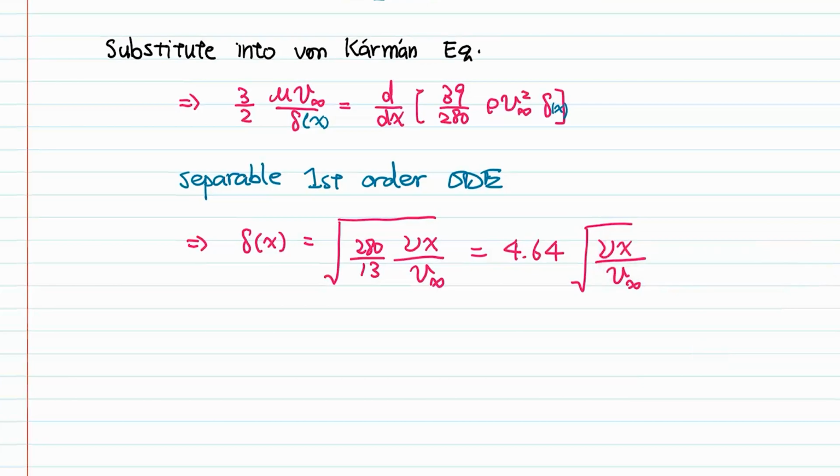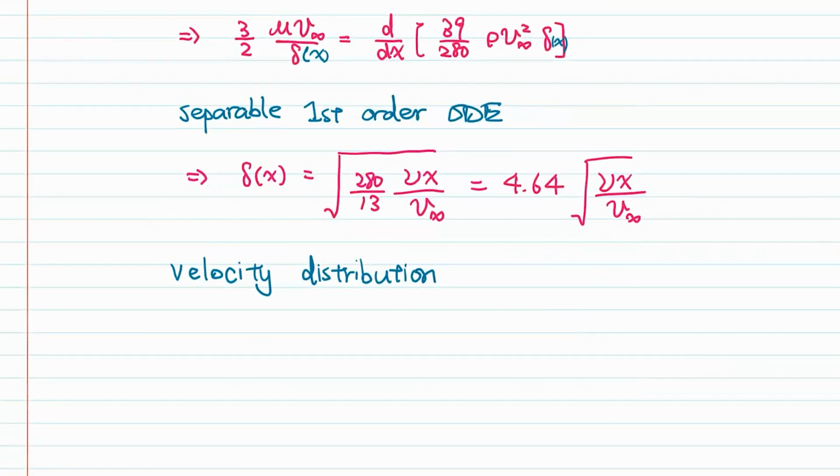And using delta of x, we can now obtain the velocity distribution, which would be v sub x over v infinity equals 2/3 times y times the square root of